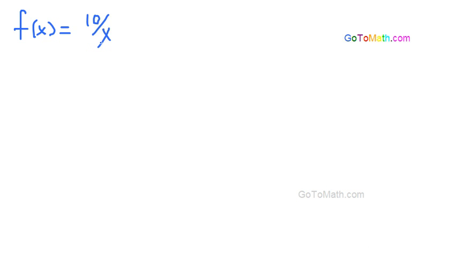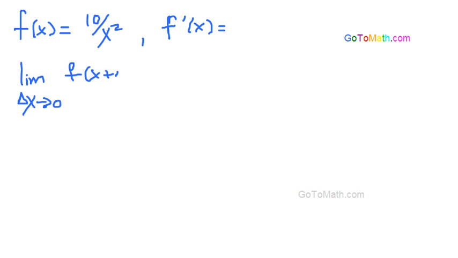10 over x squared. So we want to find f prime of x. That's what we want to find. F prime, that little bar thing is called prime. This will be the derivative. And we're going to do that by using this formula here: the limit as delta x approaches 0 of f of x plus delta x minus f of x over delta x, right? So the first thing we're going to want to find is f of x plus delta